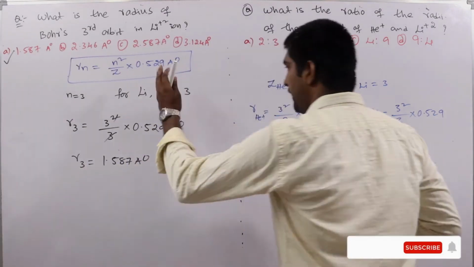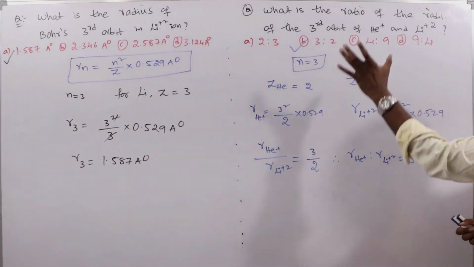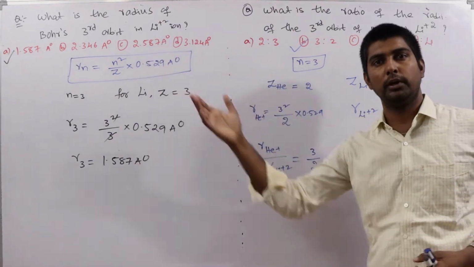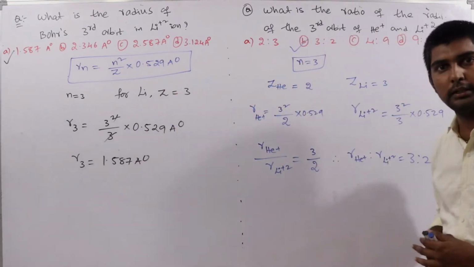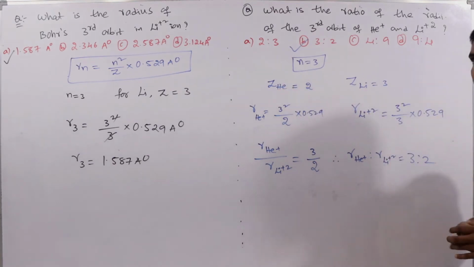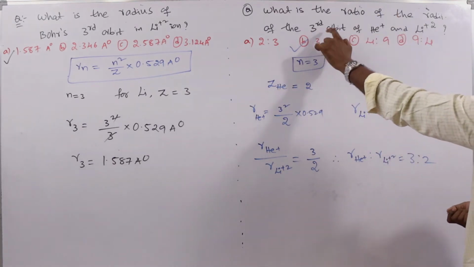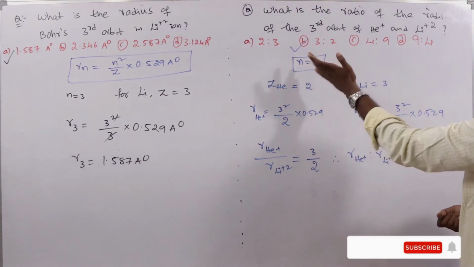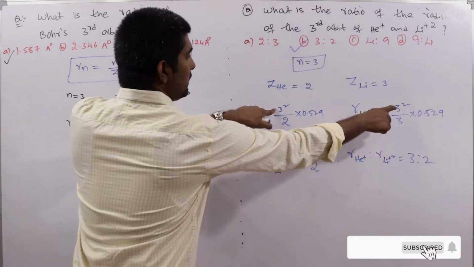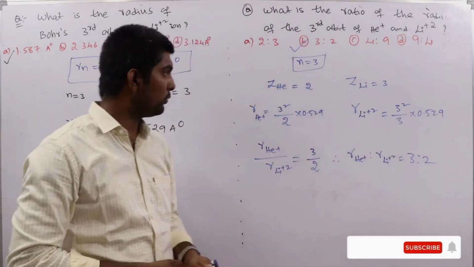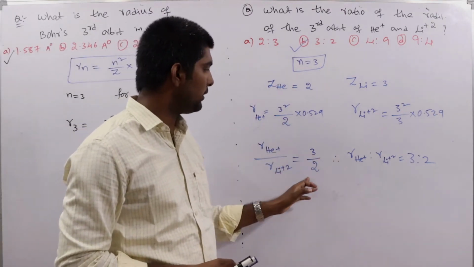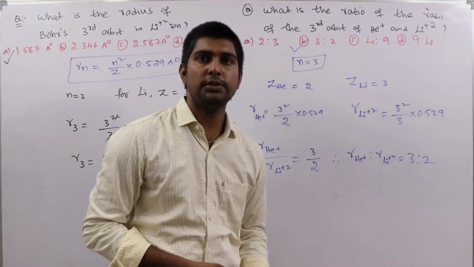Okay, this is one model. This is another model. They ask you to find the ratio of the radii. Very simple, same formula. Any radius related problem, we use this generalized formula. Here two species are given. First write their atomic numbers, and the orbit is the same, the third orbit for both of them, so n equals 3. If you simplify, 3 square is common and 0.529 is common, so they will get cancelled. So here we finally get 3 by 2, that is nothing but 3:2.